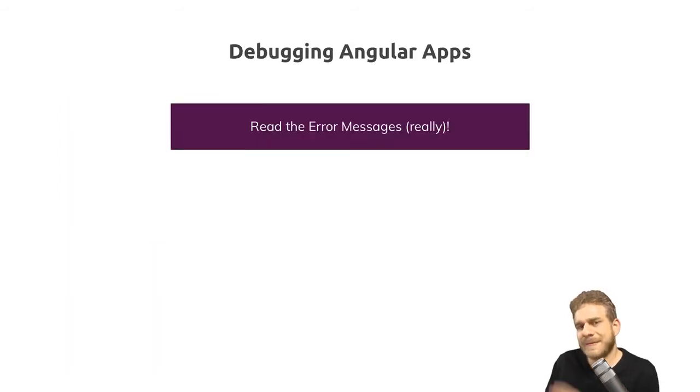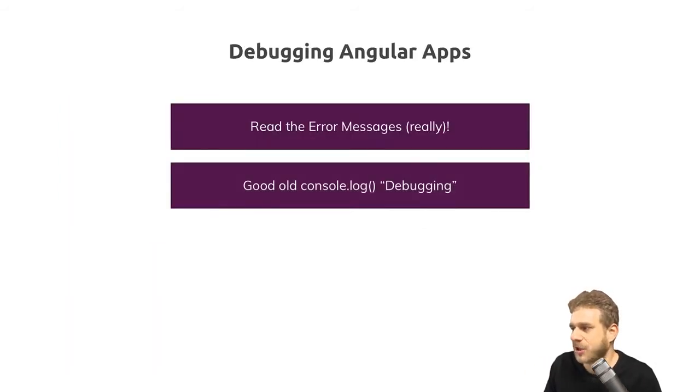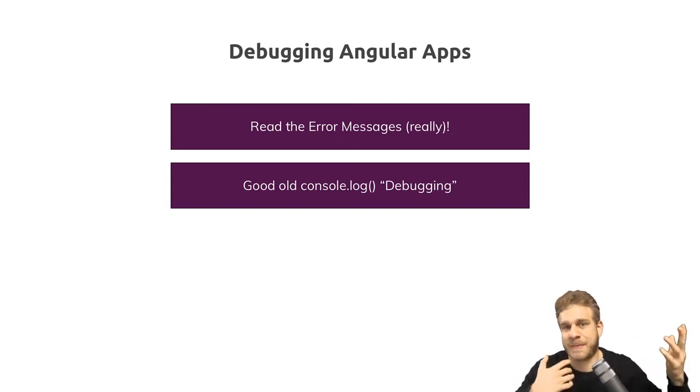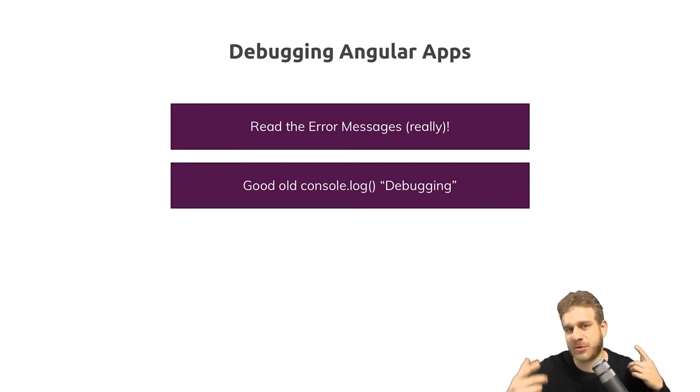messages. Besides reading error messages correctly, also use good old console log debugging. It's not the best debugging approach in the world, and it simply means that you put a bunch of console logs into your code and you log different objects, properties, things you want to have a look at to see them in the JavaScript console in the browser and see the values these properties and so on hold at certain points in your app. This is not the best way to thoroughly debug an app, but to get a quick insight into the state of something, into the state of your app at a given point, this is a good